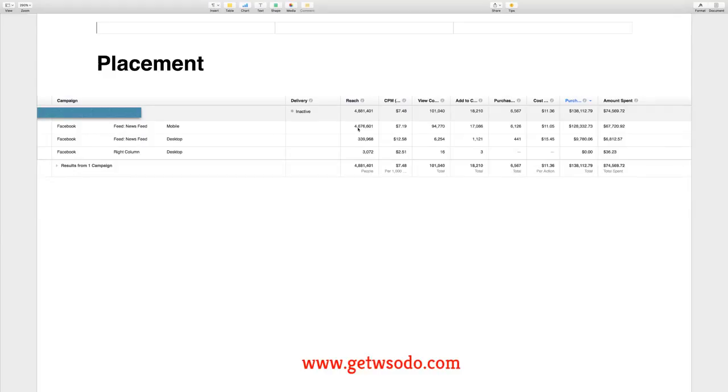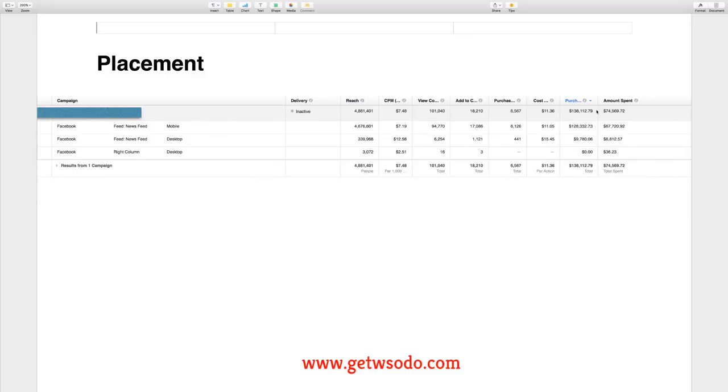Okay, this is kind of like the third step. You first find the product, then you find the audience with the placements together. And when you find those things, you can start getting creative and use the winning audiences and separate them in mobile and desktop to see which one is better. Okay, so hopefully that makes a ton of sense. And like I told you guys, there's no right way of doing it. You can literally do it in a ton of ways, but what I'm trying to teach you here is to see the big picture, how it works, so that you can get that knowledge and implement it yourself